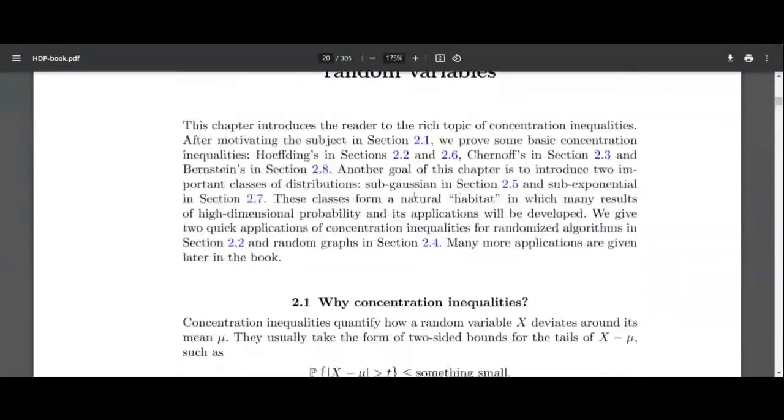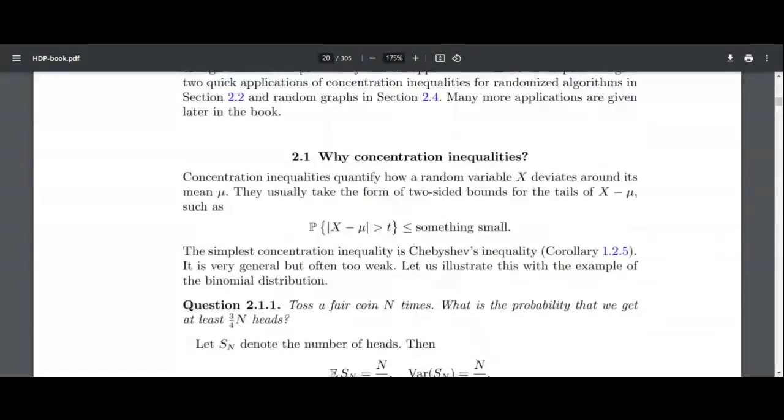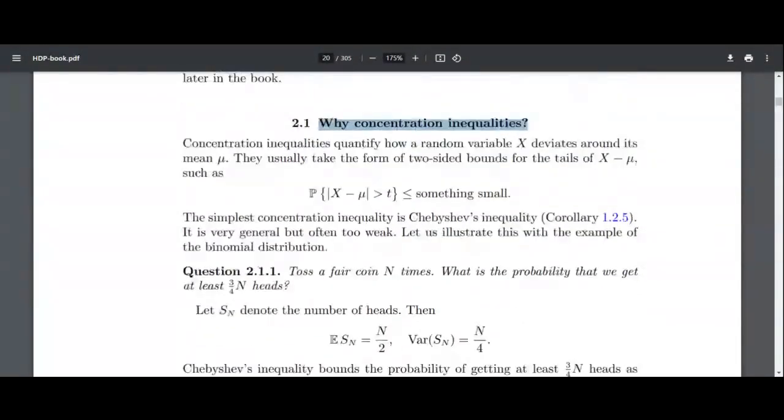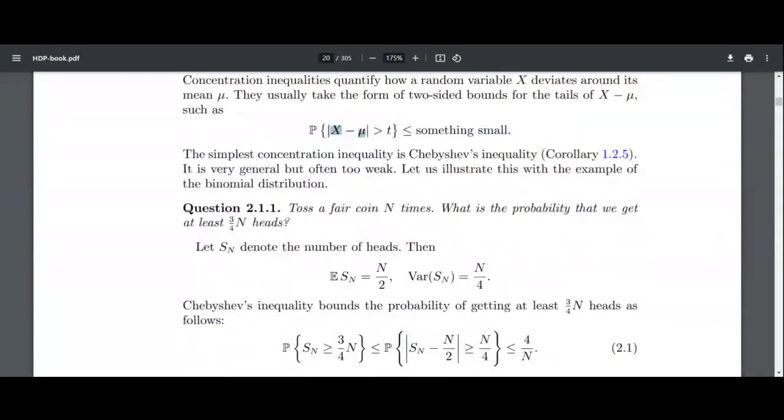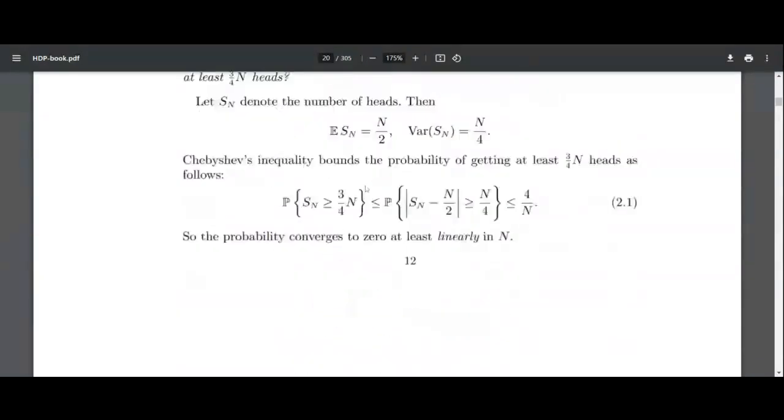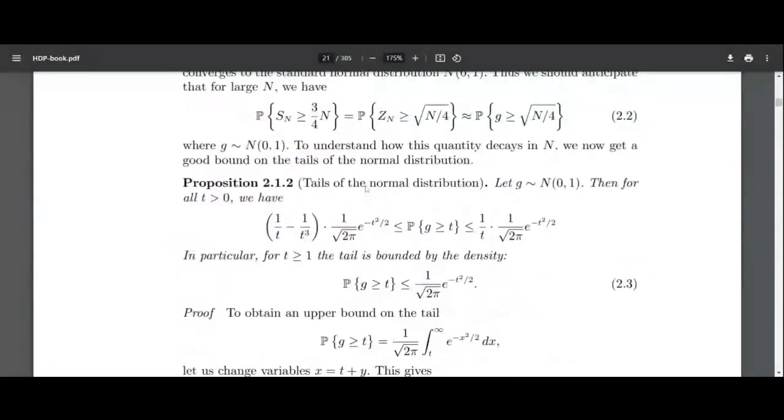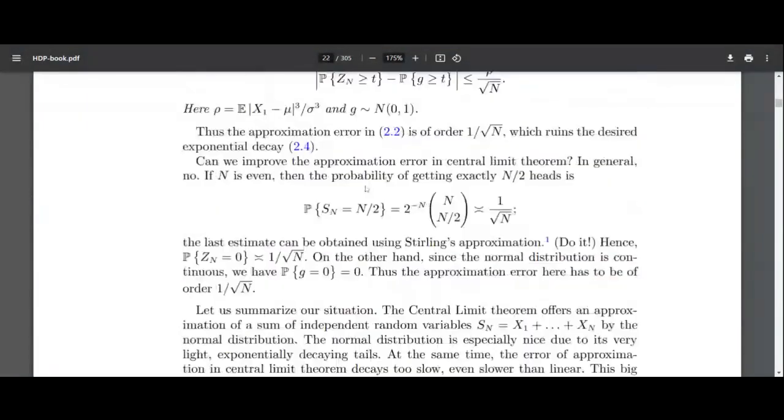So he has an entire chapter dedicated to concentration inequalities. And as he says, what is a concentration inequality? You have a random variable, and you want to know how far away it deviates from its expected value. He goes through some examples, and there are all sorts of inequalities over here. The one I want to get to,